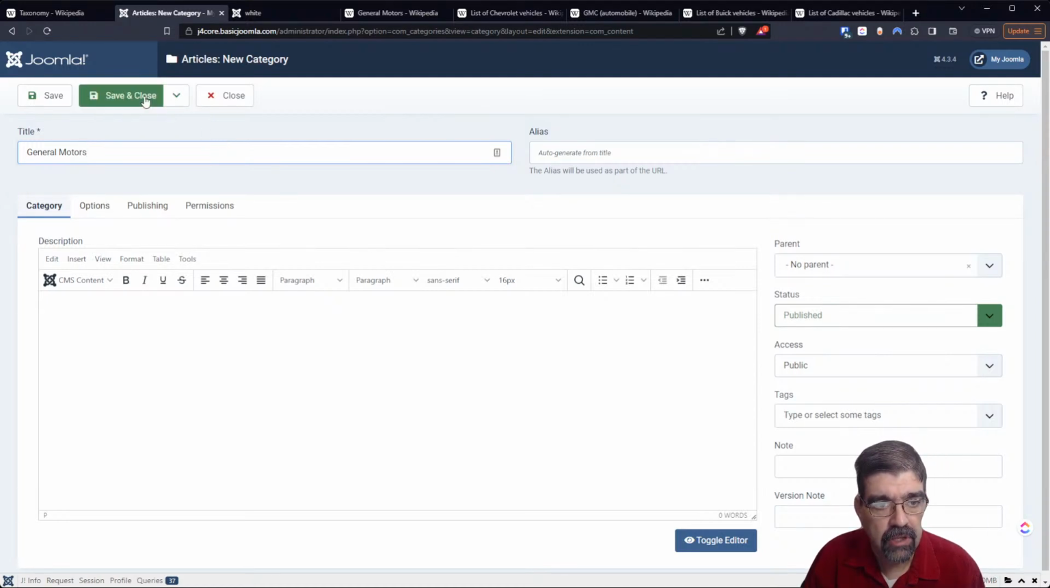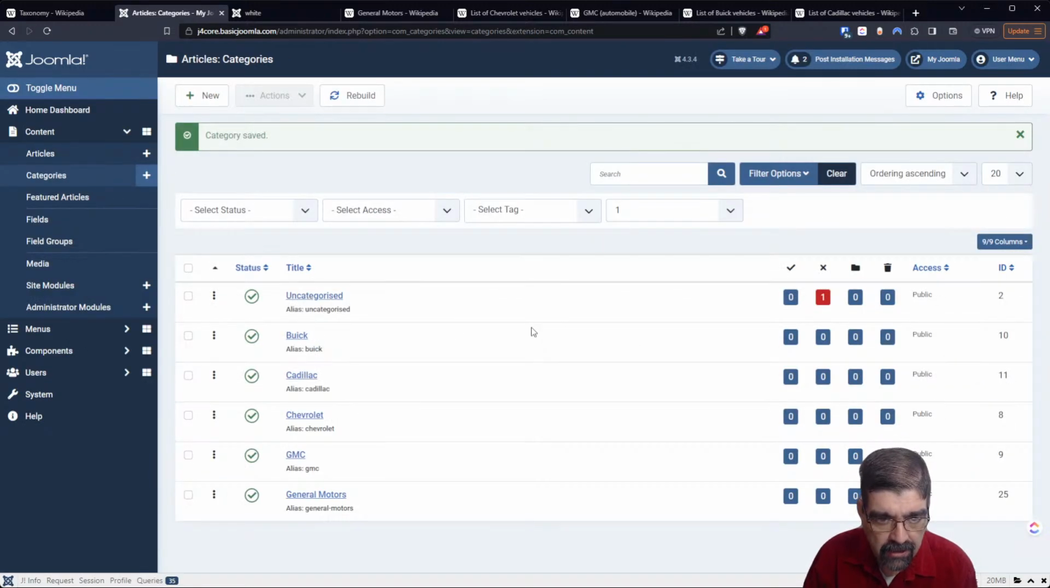And I would go save and close. I'd make it a top level. Next, I would go to all my other categories. And remember, we're just seeing the first level of categories here